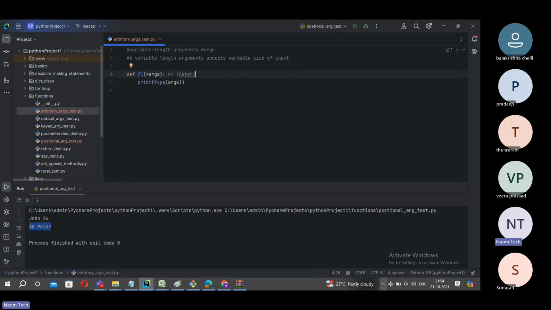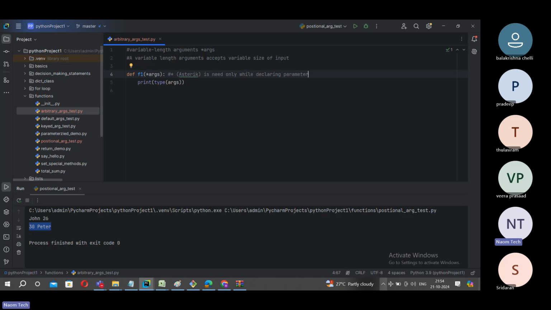Asterisk is needed only while declaring a parameter, because we don't have a pointer topic here in Python like in C